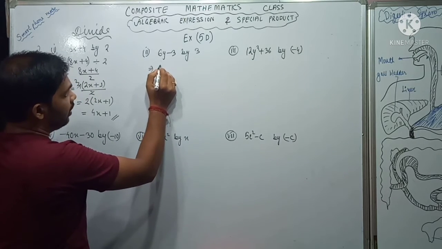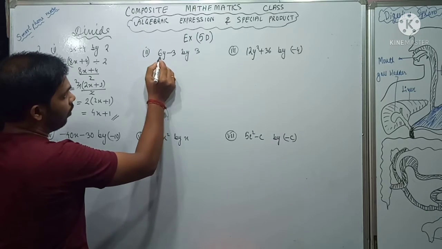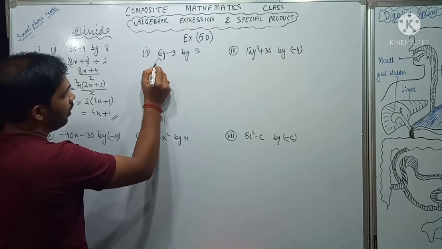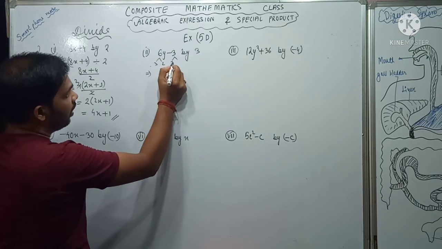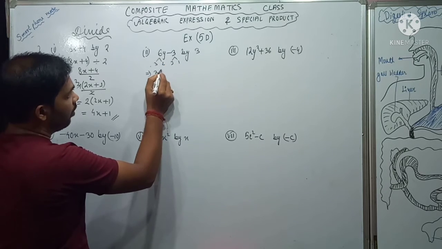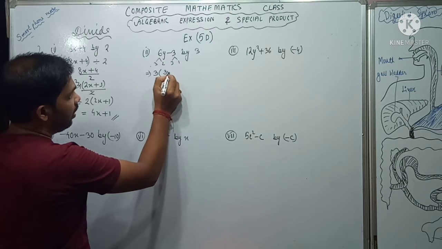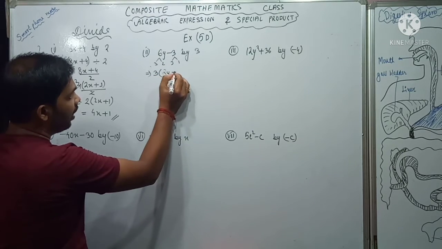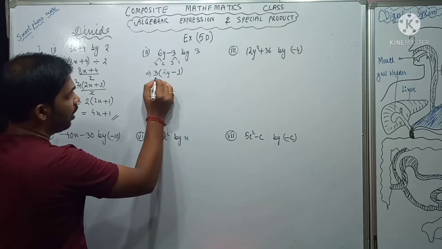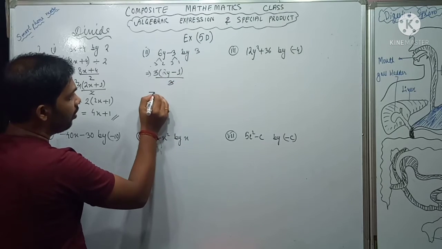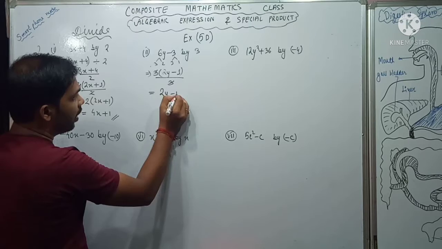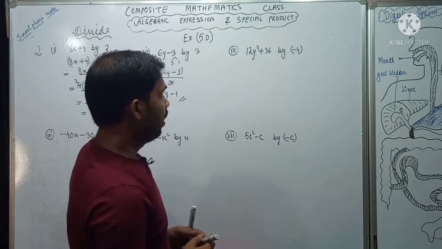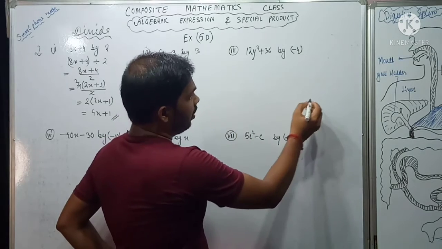Next you see this one, what can you write? So it is 6y minus 3. So what common is coming out? You can easily find out. See, here 3 2s are 6, and here 3 1s are 3. So 3 is the common coming out. So we can write 2y minus, what will be left here? 1, by 3. 3 cancels, it will be 2y minus 1. So this is the answer.